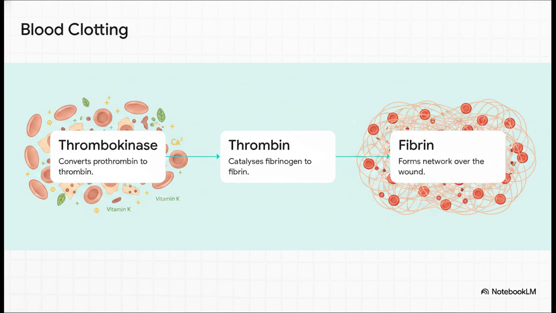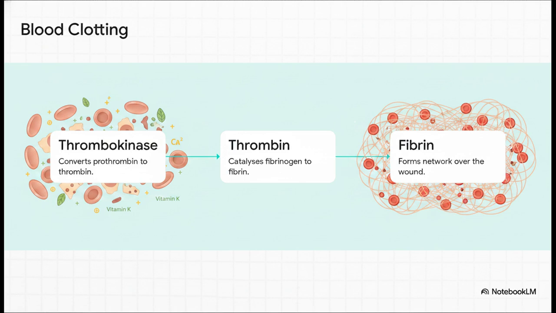Moving right along to Section 5, Blood Clotting and Groups. Looping back to that first exam question about the platelet, let's look at the actual chemistry of blood clotting. When platelets in damaged cells pile up at a cut, they release an activator called thrombokinase. Now, using calcium ions and vitamin K, that thrombokinase converts an inactive plasma protein called prothrombin into a highly active